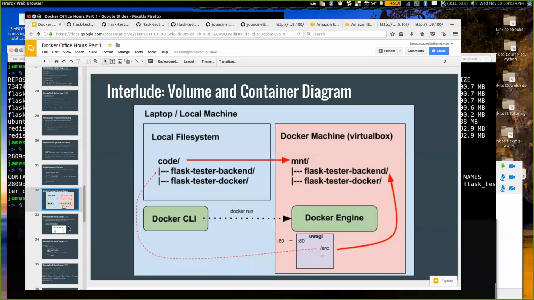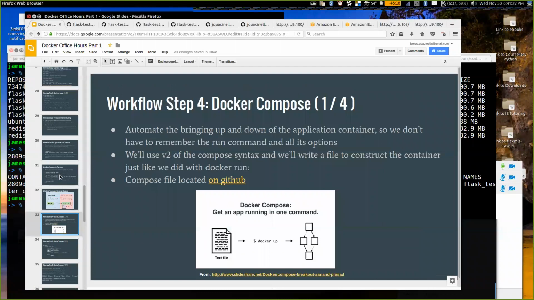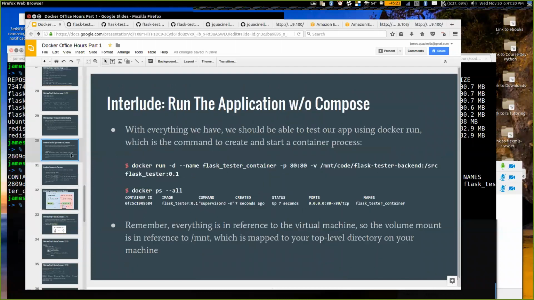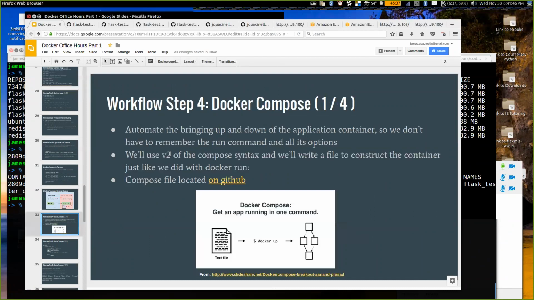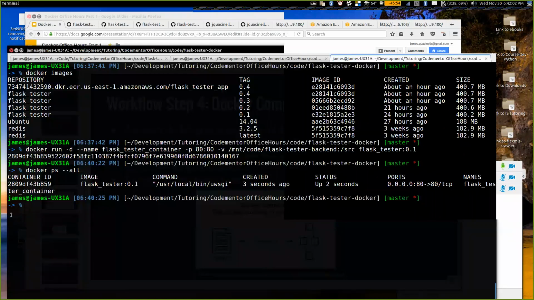So basically, now our next step. Now that we proved that it works using the run command, now we can say to ourselves, well, you know what? I'm not going to remember how to run this. There's a lot of flags here. But what's cool is that for everything that you see in this command line, you can write in a text file called a compose file. And we're going to see how that works now. That's our fourth step in our little workflow here. Basically, I want to automate the orchestration of these containers, right? So what I'm going to do is create a text file called the compose file. And it's that file that's now going to create these